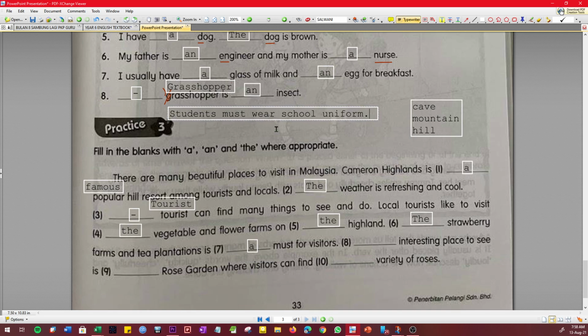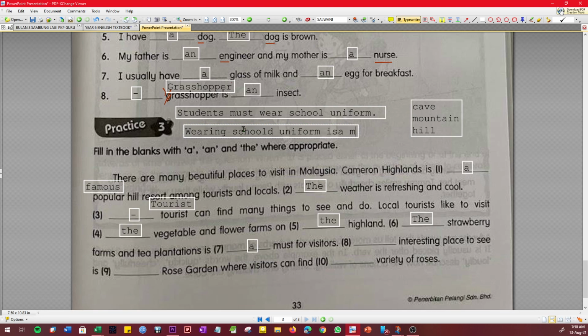Alright, now para untuk ini kita tak guna okey, sebina satu lagi ayat yang sama je maksud dia, right? Maksudnya sama. So wearing school uniform is a must